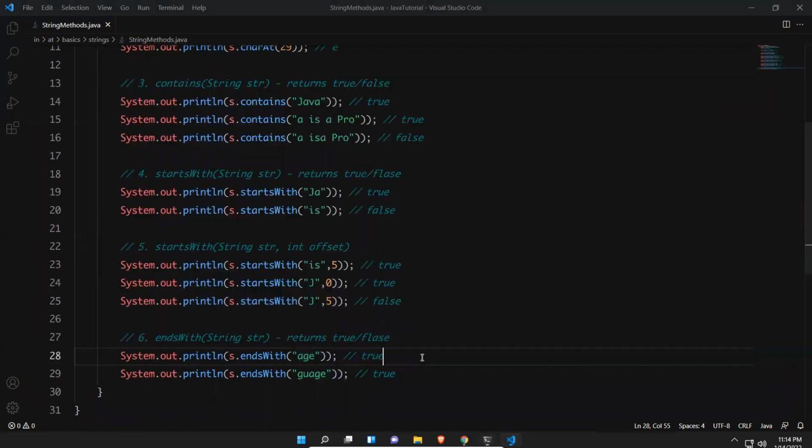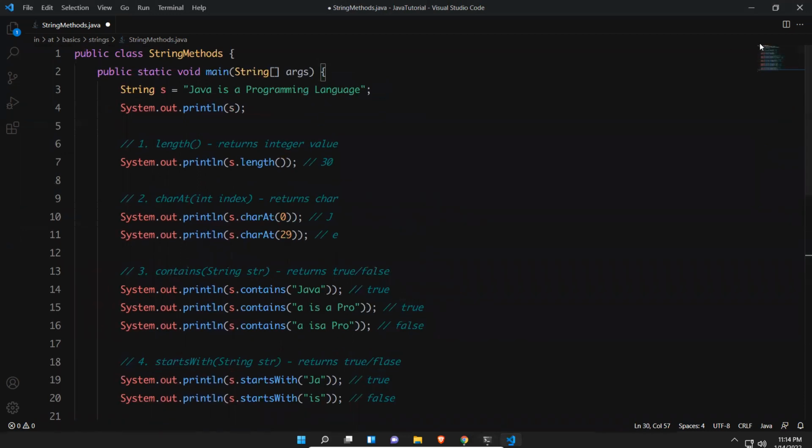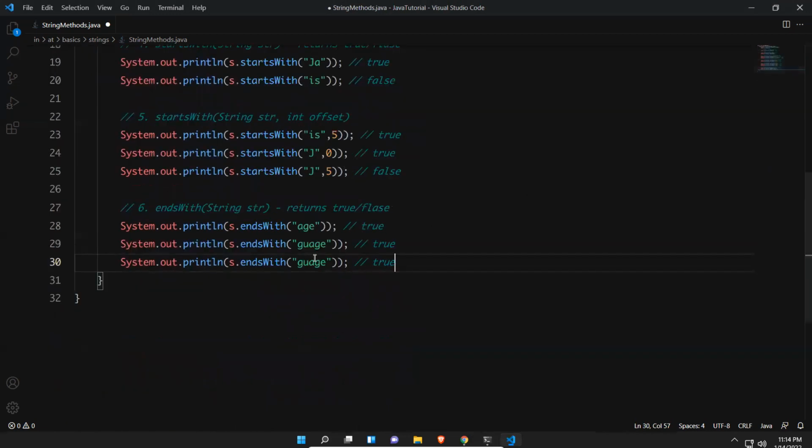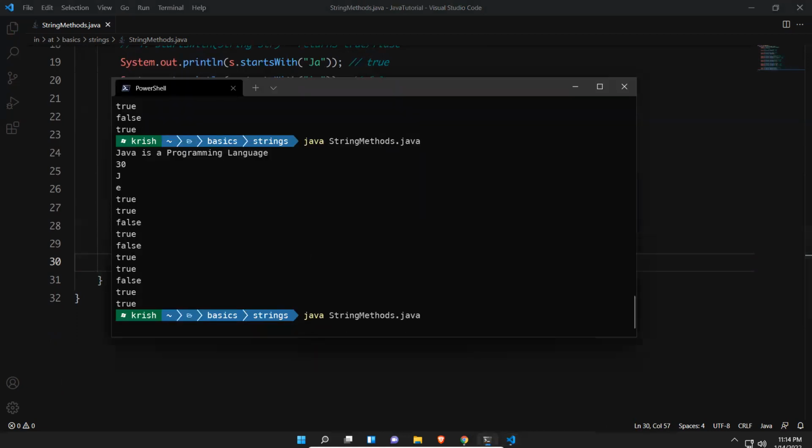The last value, you see, true. But if you give something else, people sometimes get confused that it is ending with language, right? So if you give lang, it is not ending with lang, so it will print false.